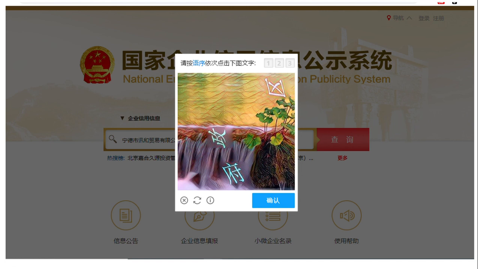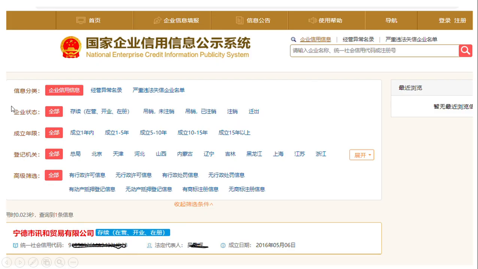Luckily I know Chinese, so I entered everything correctly. Once I had done it, I pressed confirm, and when I confirmed, I was taken to the next page. This is not related to the document which we are verifying.